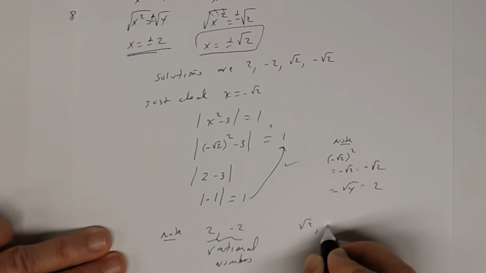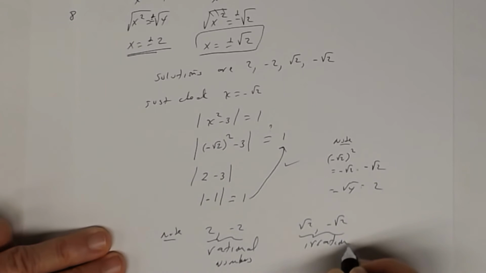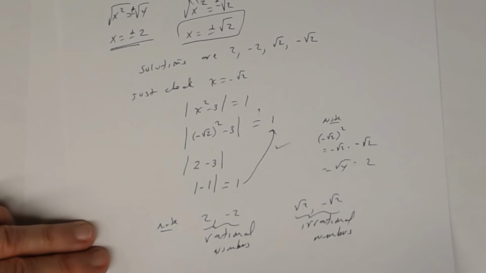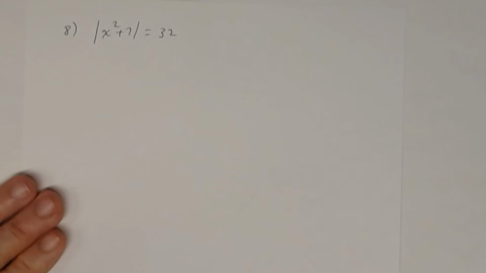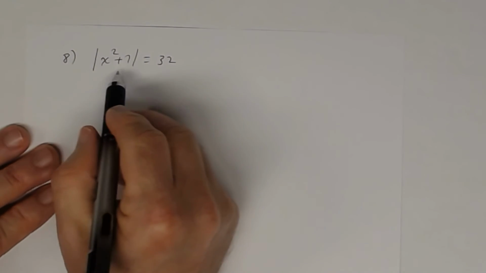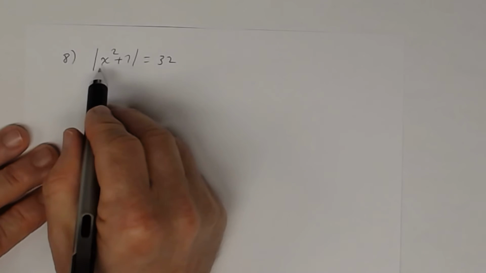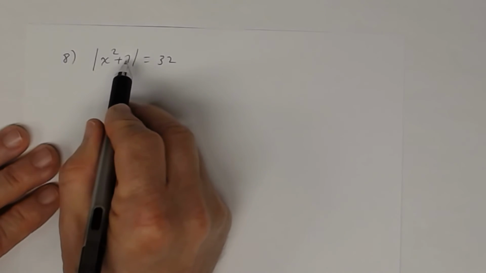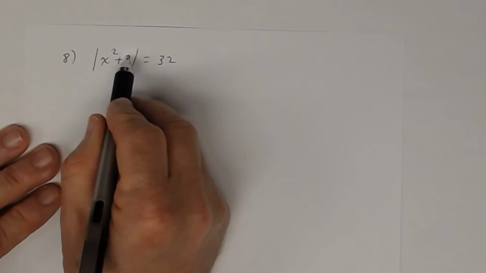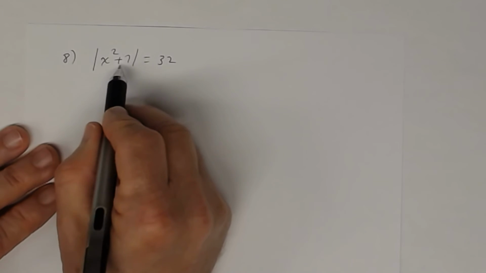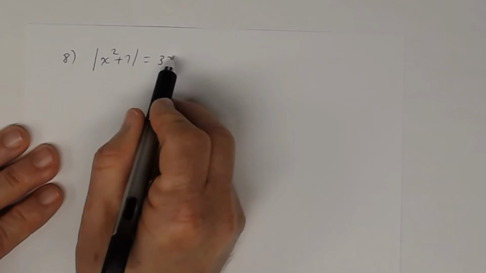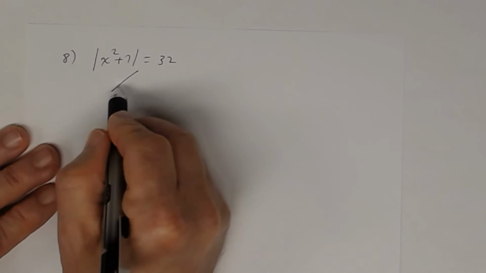And square root of 2, negative square root of 2 are irrational numbers. Okay? All right, just to remind you about some terminology you've learned in the past. If you look at this one, notice I have the absolute value expression by itself, the absolute value bars by itself. The expression inside is quadratic. This number right here is positive,